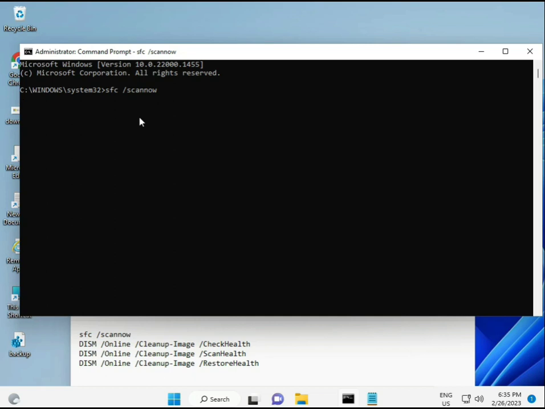then guys, I have some commands to repair your corrupted Windows files. This command I will give you in a link in the description, so you can directly copy and paste. Okay, first command is sfc /scannow, you can look at it on the screen. When you enter it, some percentage appears, it starts and finds any corrupted files. Okay, and then